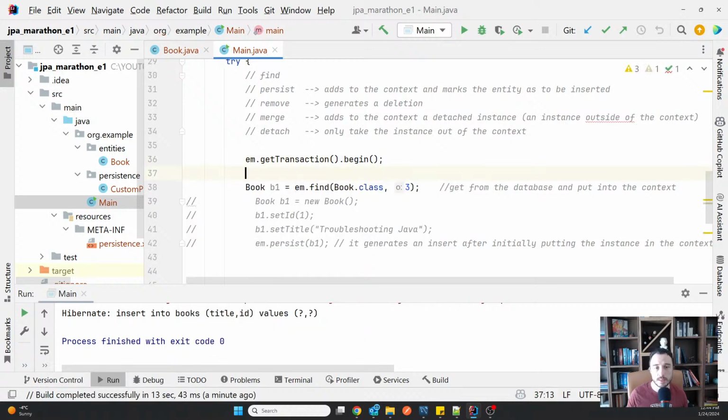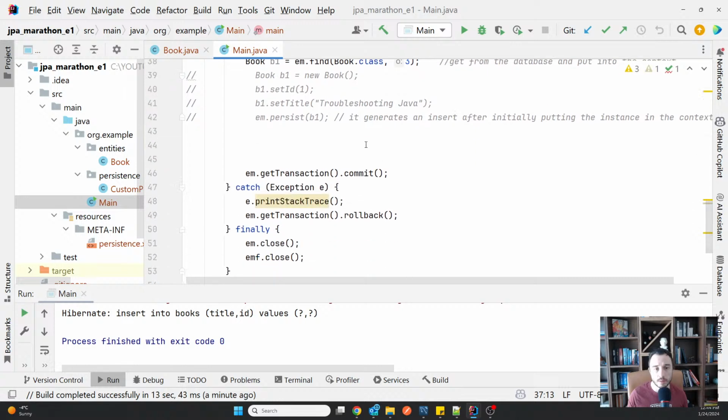And that is something that I see creates confusion for many beginners. How is it that I cannot update? How is it that I don't have an operation that generates an update? I do have one for insert, and I do have one for delete, and I do have one for select. But where is the update?